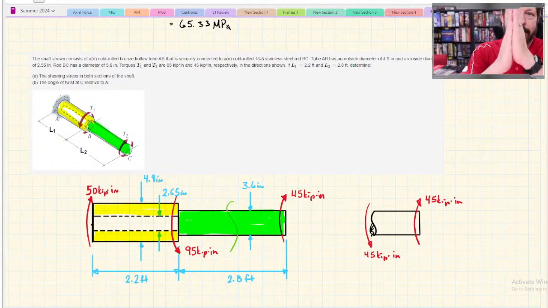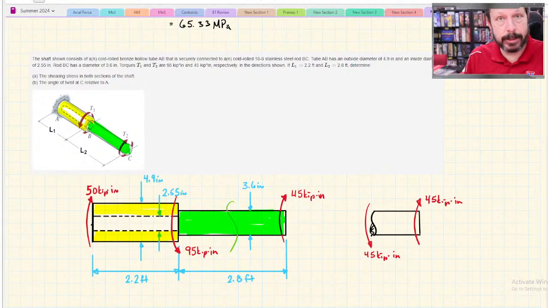So what I did was, it doesn't matter if you shear this way or if you shear this way, the effect is the same. Sometimes forces and stresses are different if they are in tension or compression, but shear isn't really a tension or compression thing. It's just layers sliding past one another, and so we're not worried about plus shear stress or negative shear stress. You just need to make sure that you have